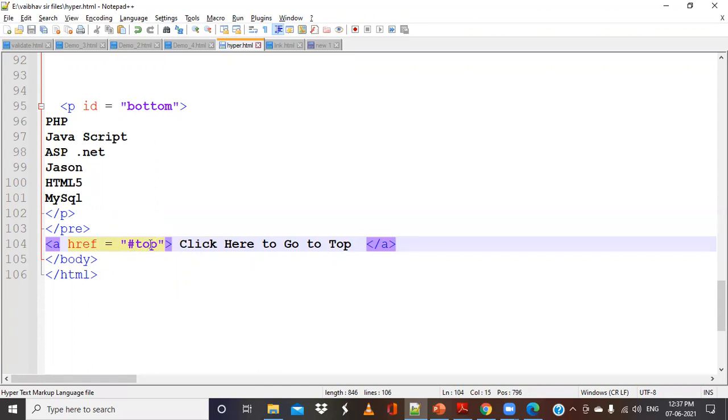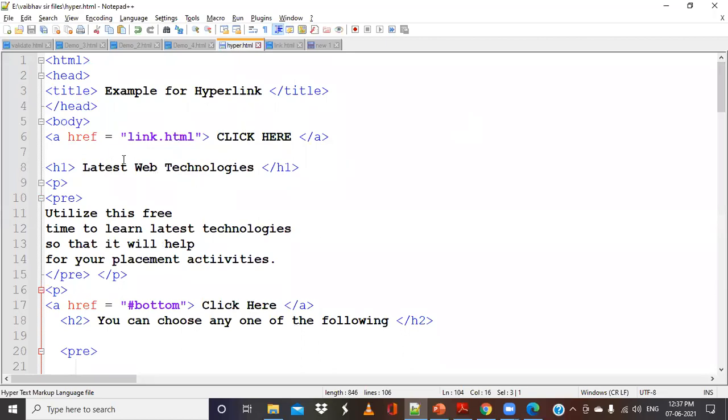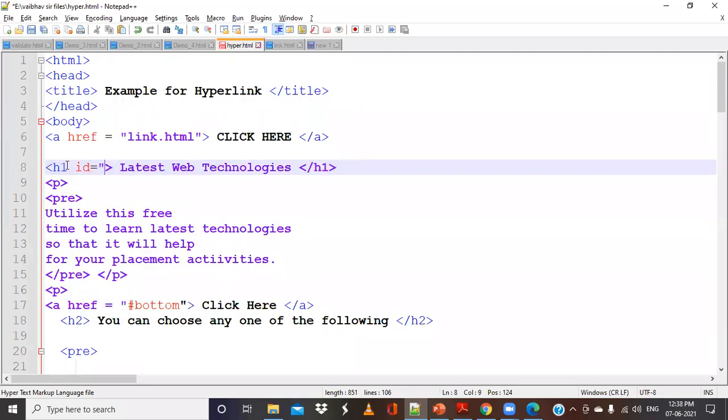So I have created a link, but I have not created the ID for this. So I will go to this. Here I will put h1. So instead of the p, I will put it for the h1 header. I will say ID equal to, what do I have to give, Suyash?